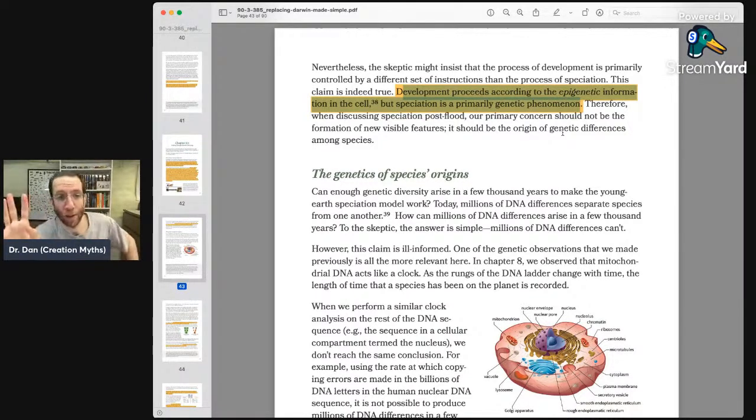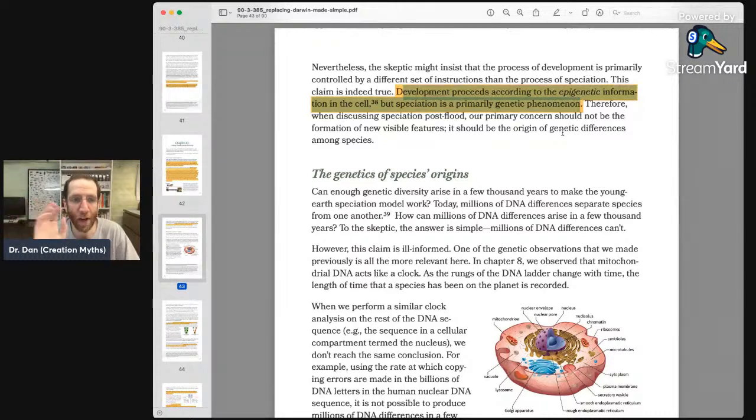Okay, this is where I lost it reading this book, I think, because this man has a PhD. God, I've been going for almost an hour, and we're just going to power through, everybody. It's going to be long and ranty because read this line, everybody. The development proceeds according to the epigenetic information in the cell, but speciation is a primarily genetic